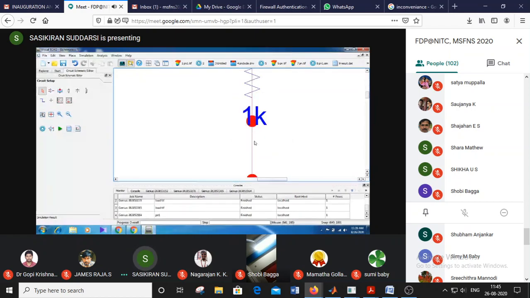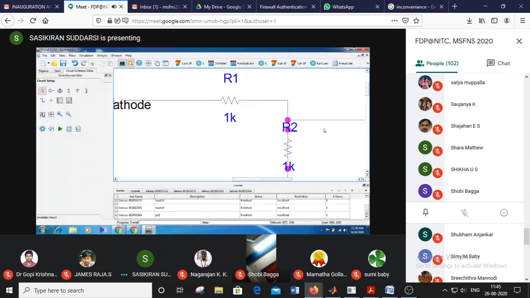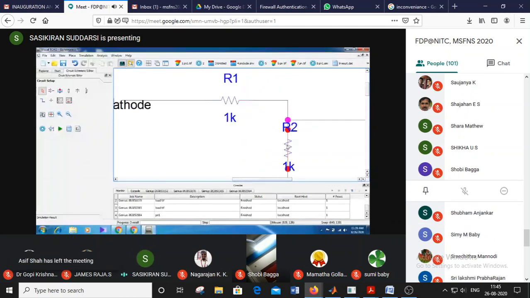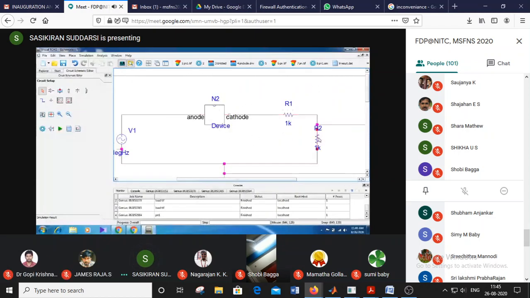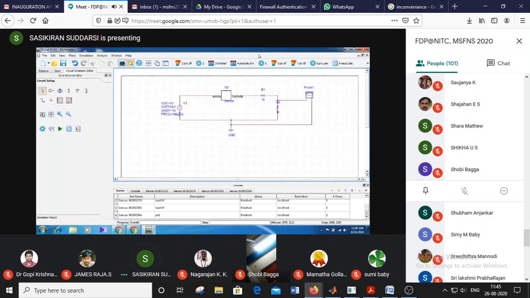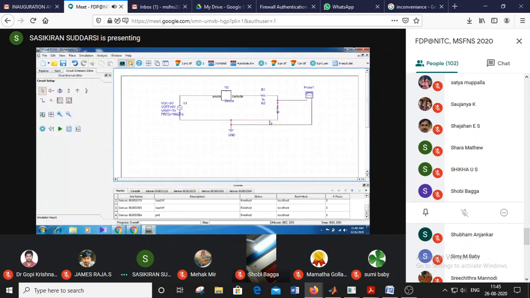Oh, this line was pasted. So you can delete this component. Use the delete button to delete that one.